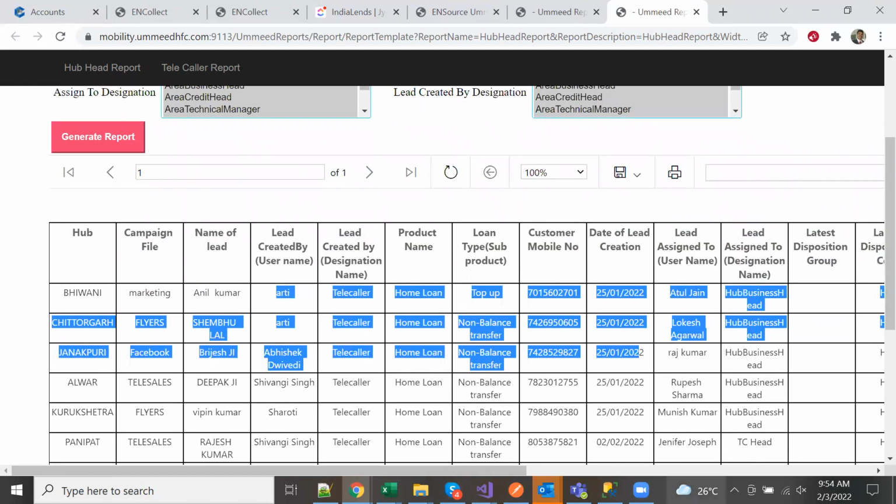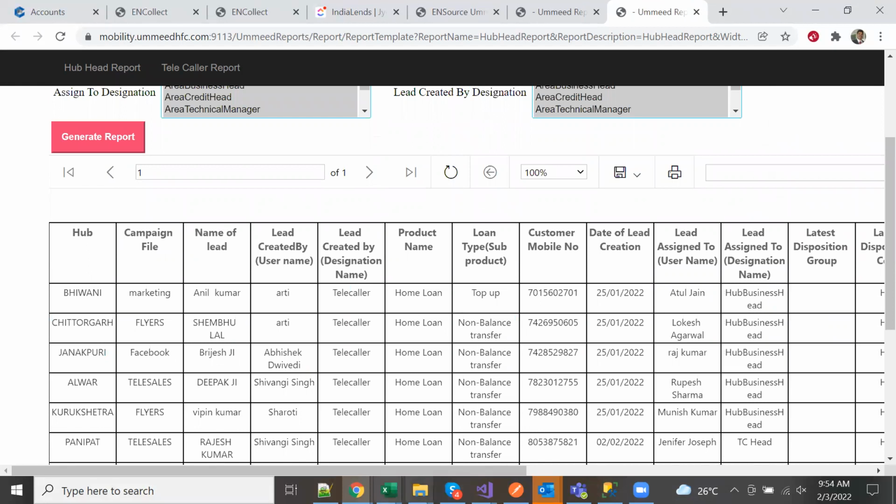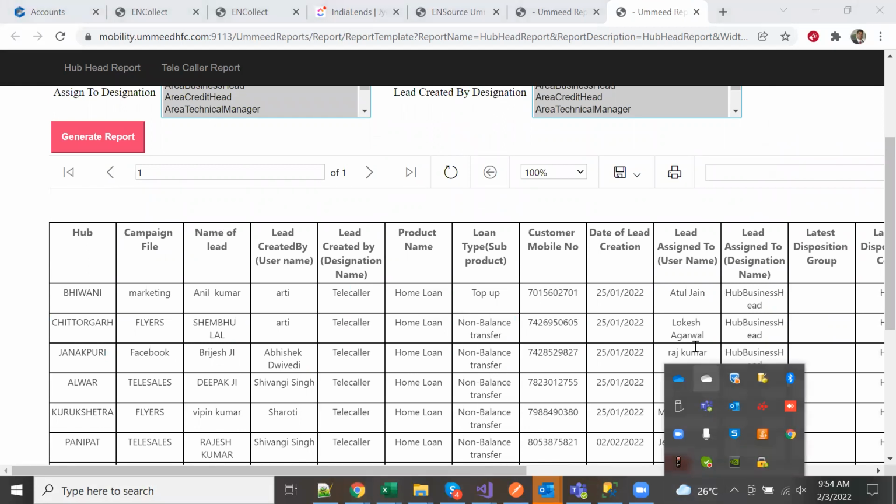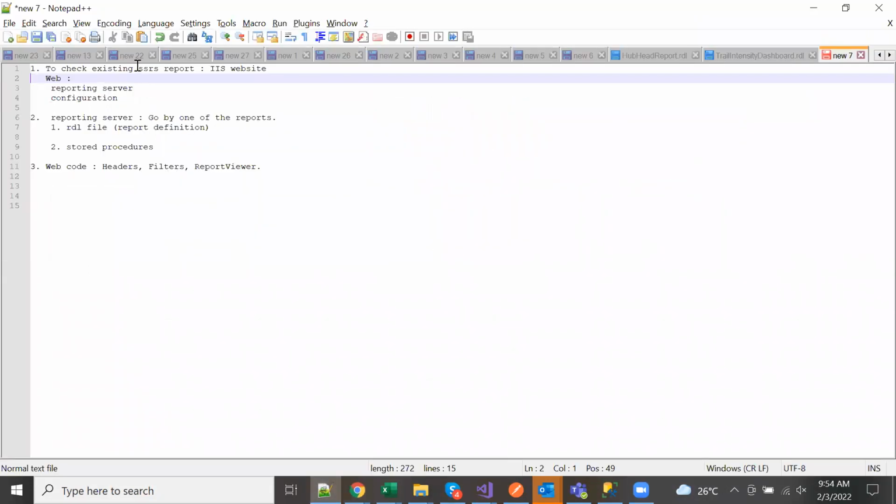For the other type of reports, I'll have to log in to a different system. Just give me a second. Adani SSRS reports.